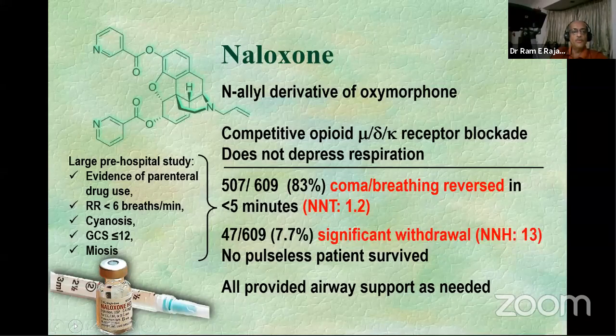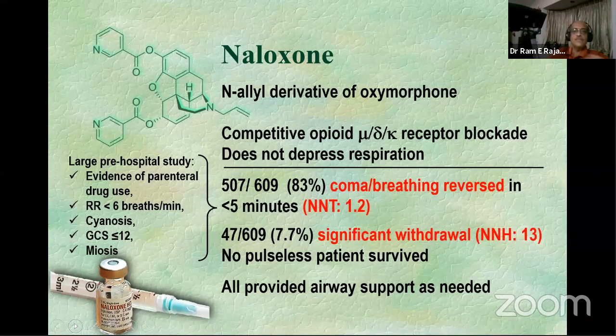So if you really look at it in balance, the benefits of naloxone when there is a consideration for an opioid overdose, and this is the example, in this particular study, they gave it when there is history of parenteral drug use. The patient was hypopneic with a low respiratory rate, had a low GCS and clear meiosis, but the clinical pattern was strongly compatible with an opioid overdose. It seemed very logical to go ahead and give the naloxone under these circumstances.